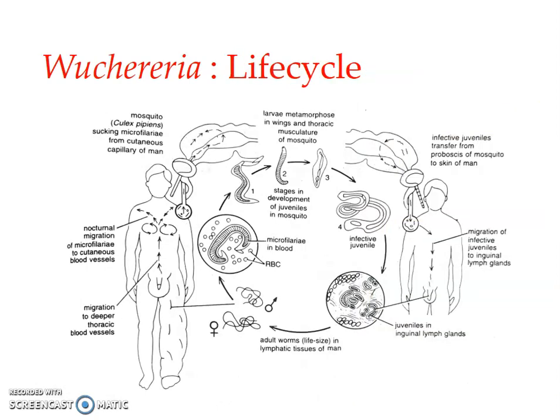As already mentioned, it remains in the blood vessels of the thorax. In the blood of man, microfilariae show day and night periodicity. That is the movement, it shows a diurnal rhythm. During the daytime, they live in the deep-seated blood vessels, while during the night, they come to the peripheral vessels in the skin, that is towards the superficial vessels, closer to the skin.